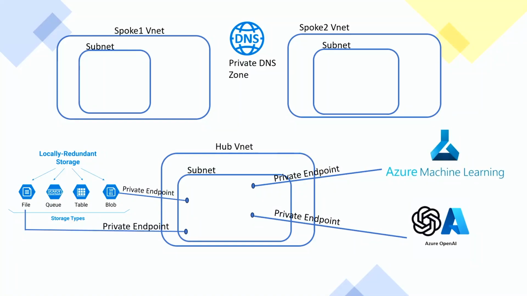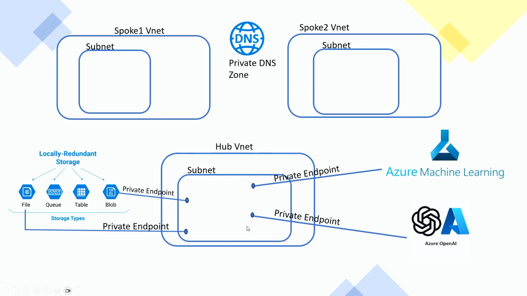Okay, so the first thing we're going to do is explain the diagram, or the architecture, that we're going to be using. We're going to have a hub VNet with a subnet, and all your private endpoints are going to land into that subnet. What that does is it centralizes all your private endpoints. Also, when you create those private endpoints, the DNS is going to be updated automatically for you if you choose to do so when you create the private endpoint. And typically this is best practice, because you put all your private endpoints into one